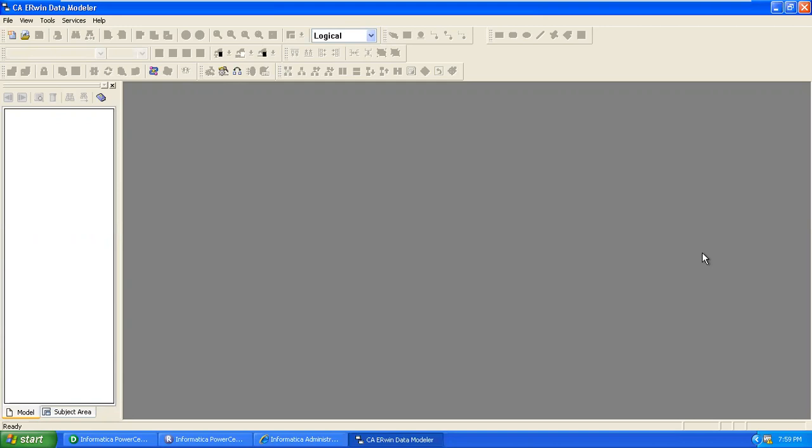Only for a physical model can you generate the schema and execute that schema. What is a schema? A schema means a collection of database objects. Generate the schema for the data model designed in the Erwin data modeling tool, then execute that schema content. Schema means a collection of database objects.